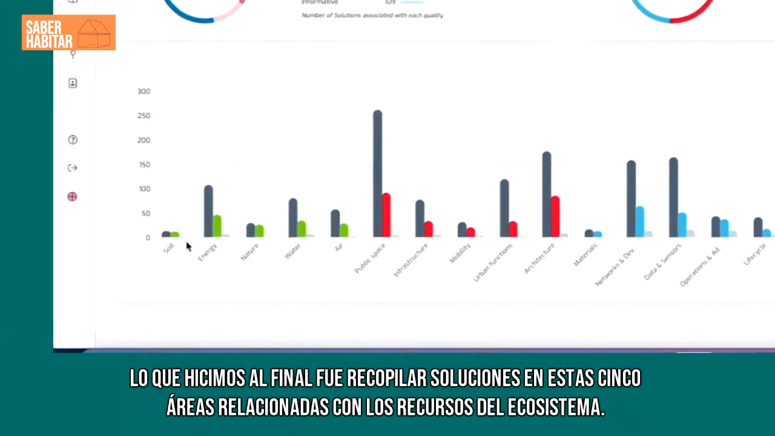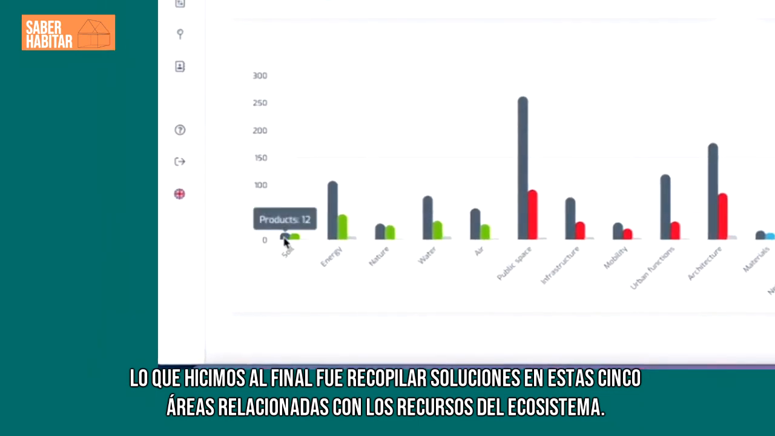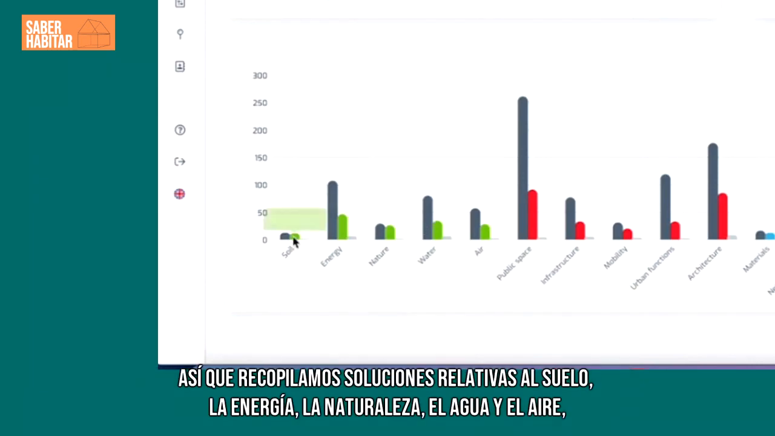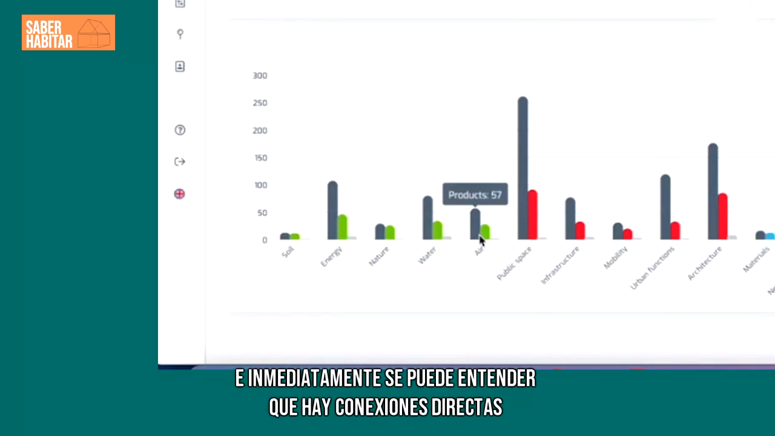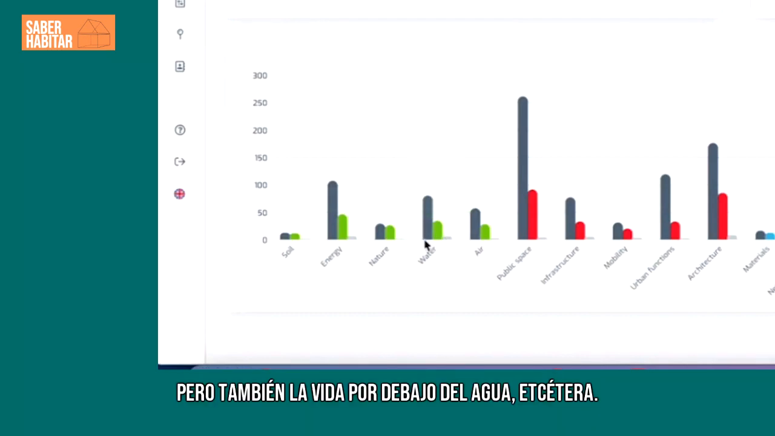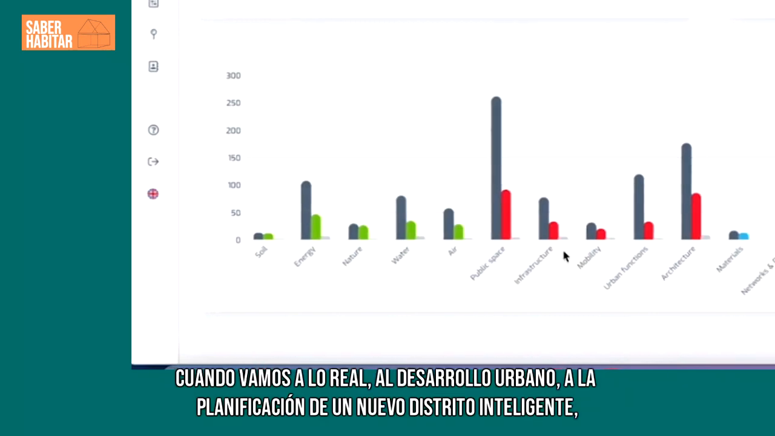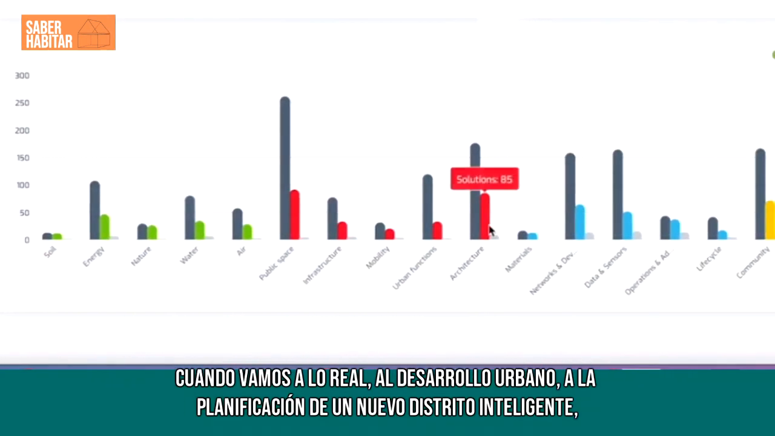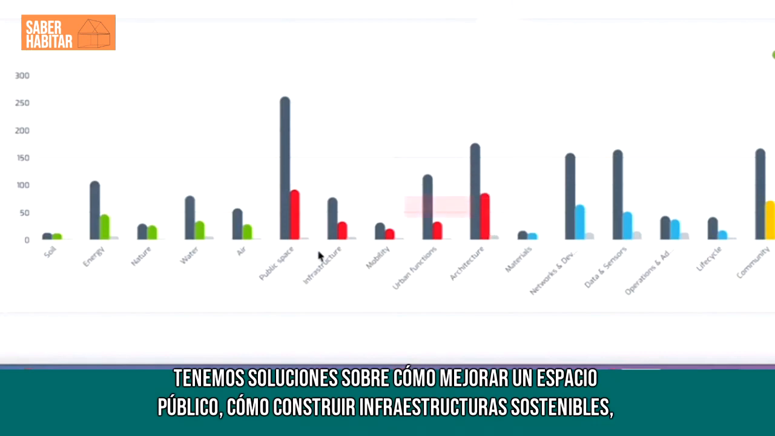so what we did in the end is to collect solutions in these 5 areas regarding the ecosystem resources. So we collect solutions regarding the soil, also energy, but also nature, water, and air. Immediately you can understand that there are direct connections with the Sustainable Development Goals. For instance, clean water and sanitation is very well connected with water, but also life below water, etc. When we go to the urban development,